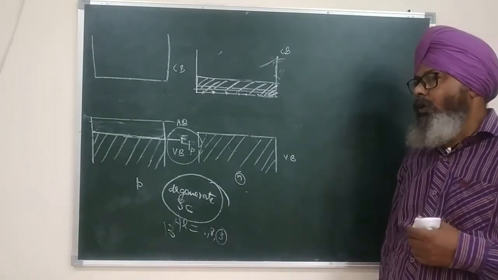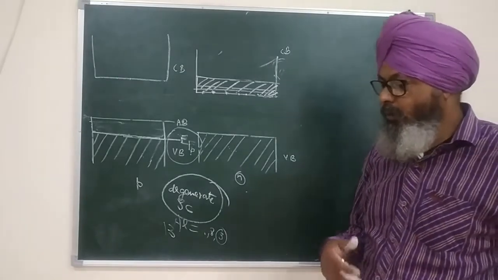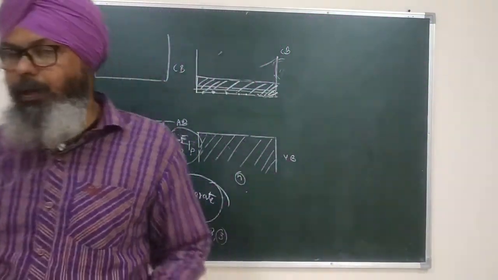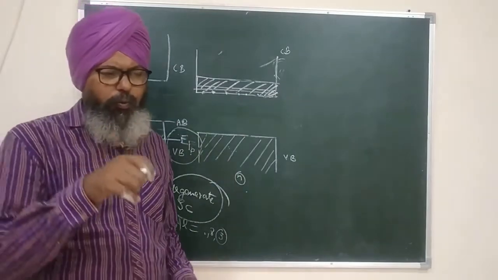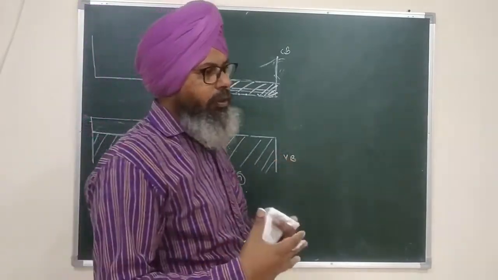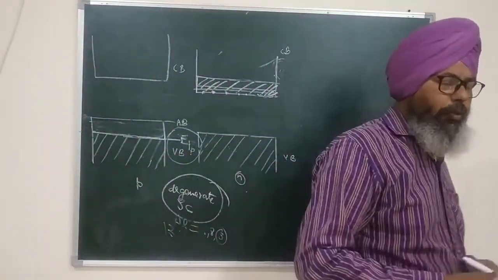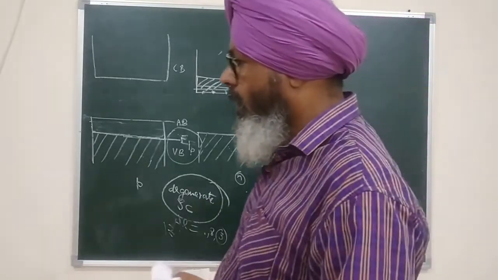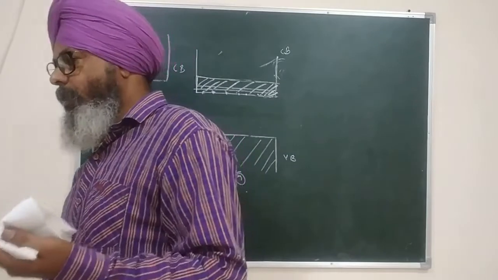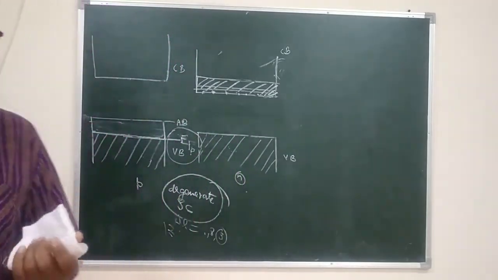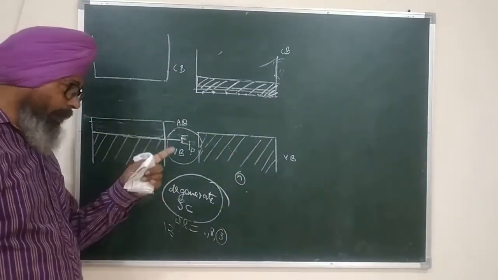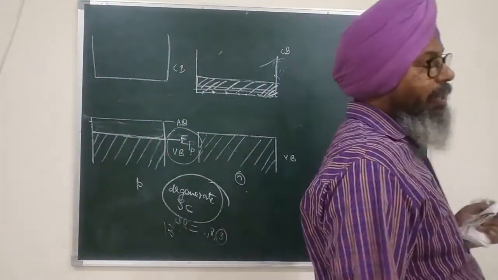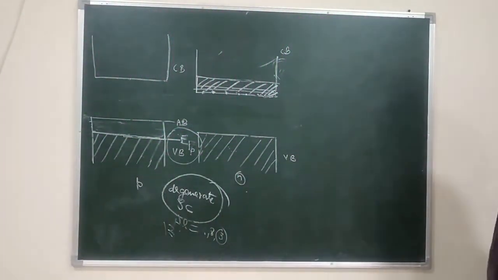Just as if you have a partition, and on one side of the partition you have hydrogen, and on the other side you have oxygen, and you remove the partition, then hydrogen and oxygen will mix uniformly throughout the container, because both hydrogen and oxygen molecules are neutral in nature. That is the property of diffusion, but it is the diffusion of neutral particles. Here the particles diffusing from n-type to p-type are actually electrons, and these are charged particles.